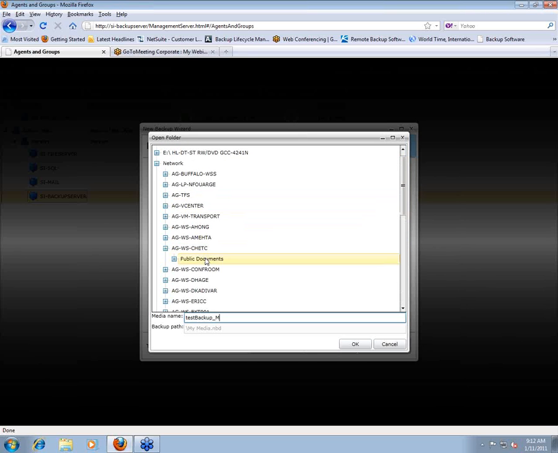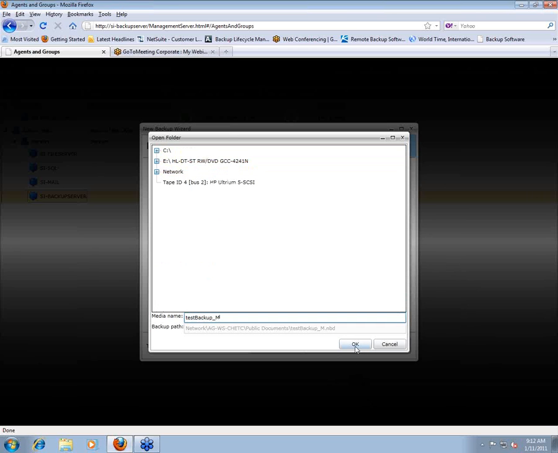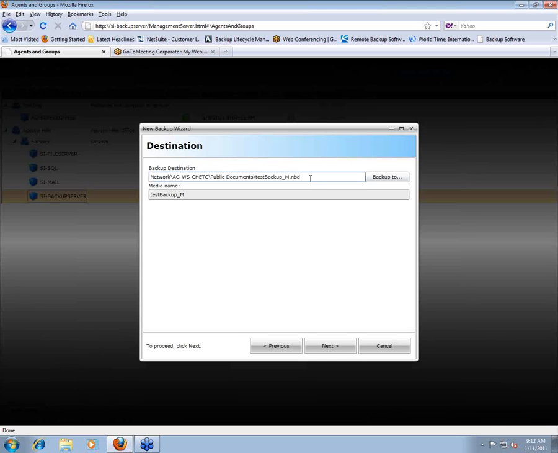If I want to back it up to AGWS ChatC, I can do that and select public documents. Or I can select backup to C drive. So I'm really not limited. I can back up to wherever I want to back it up to. Press OK. Now I created the